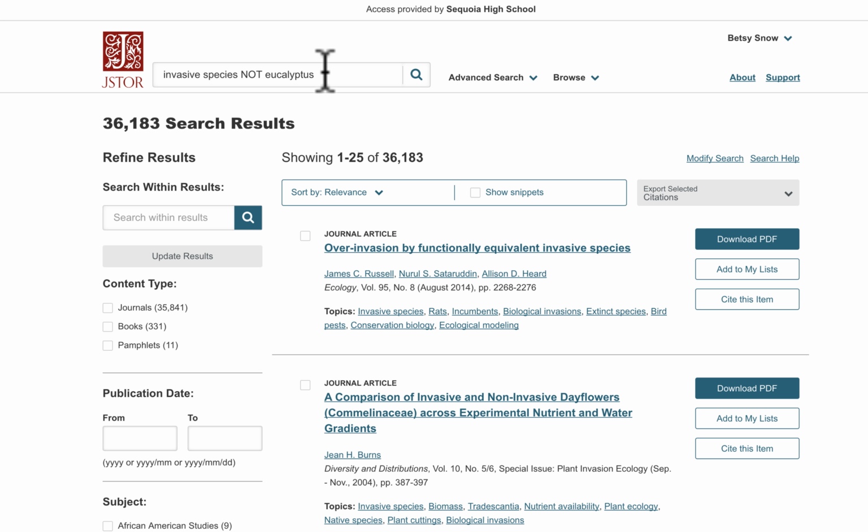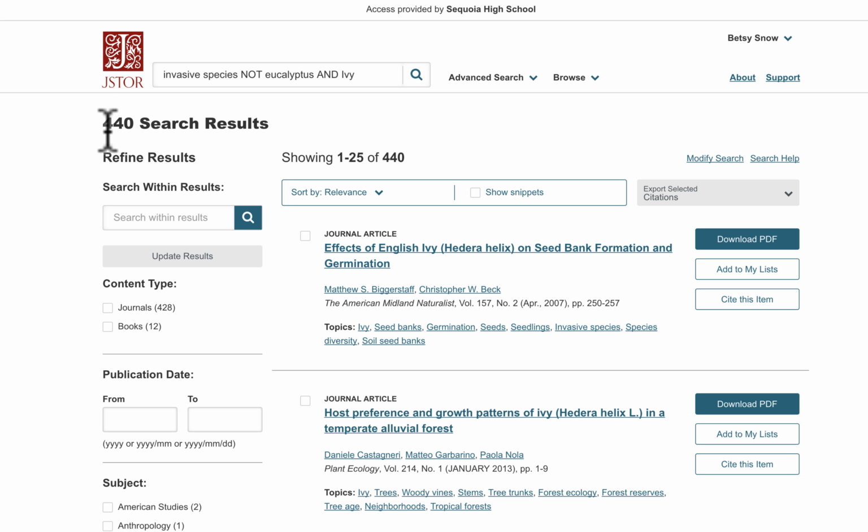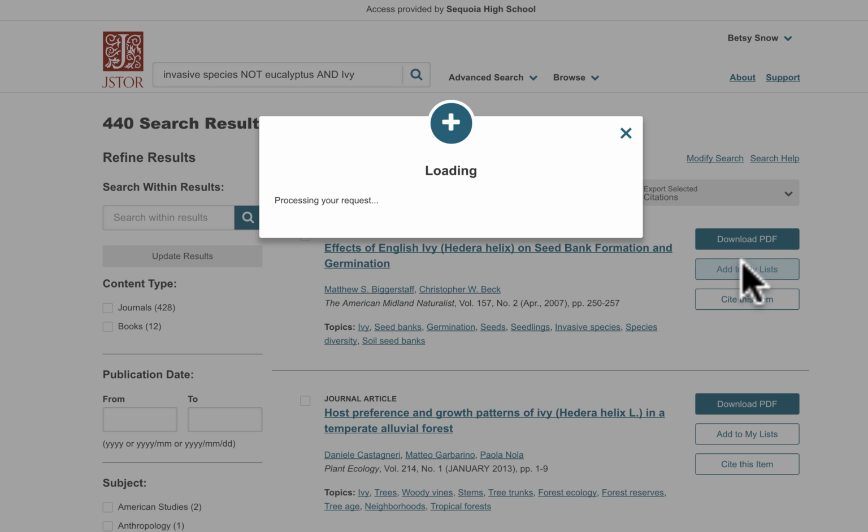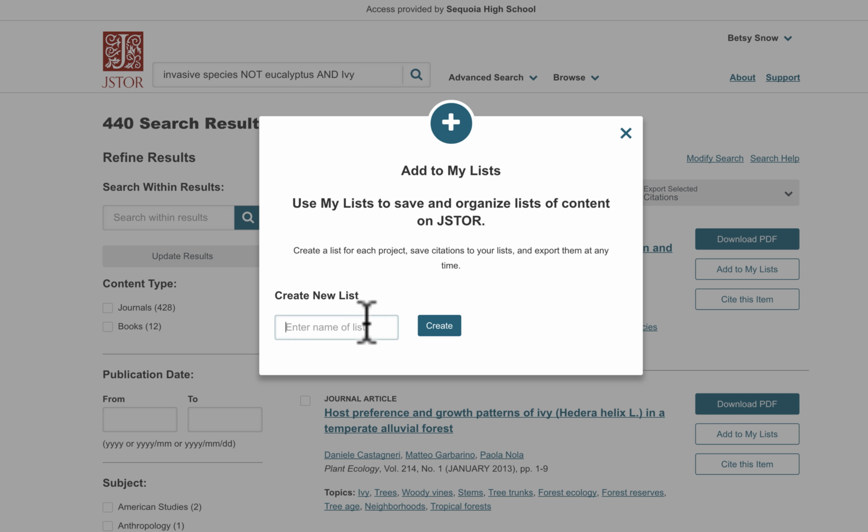Now, you might write invasive species, not eucalyptus, and California. Or let's do and ivy and see what happens. Now, because I capitalized that, I'm not sure what's going to happen, but you'll see my search results are getting lower and lower, which is actually better when it comes to finding and modifying your search as well. So again, we're back here, the effects of English ivy, and I think this might actually help somebody who's searching this. I can download PDF, I can add to my list, and because I'm logged in,